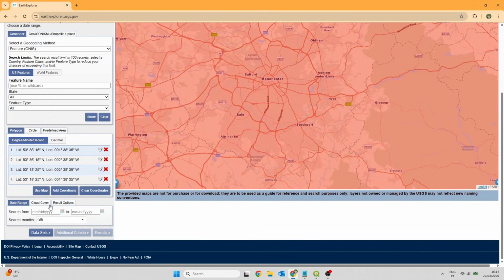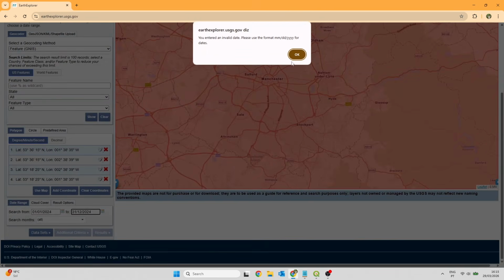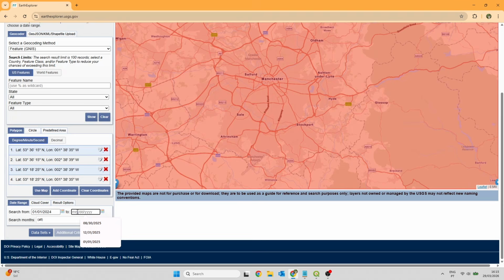want to work with. I'll set the date range to the entire year of 2024, that is from January 1st, 2024 to December 31st, 2024, and then I will select imagery from the summer period. I misclicked here because this is the American format, meaning we have to enter the month first, so I'll set 2024 again. Now it's correct.